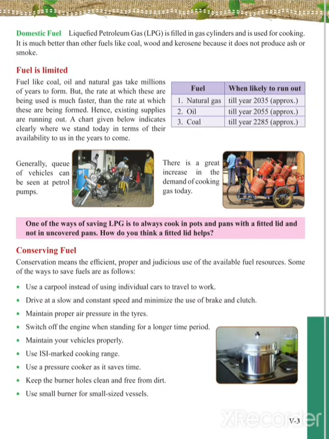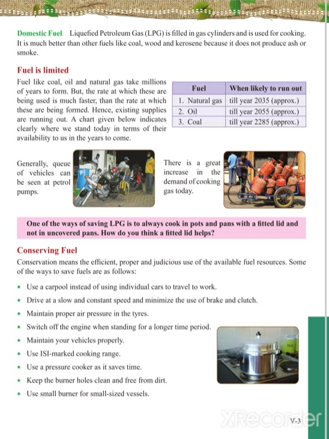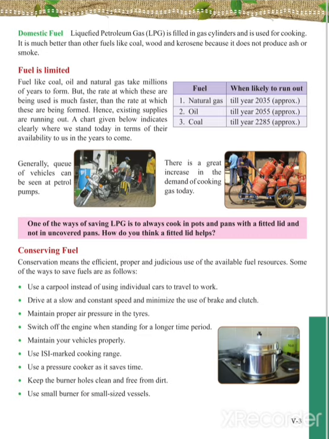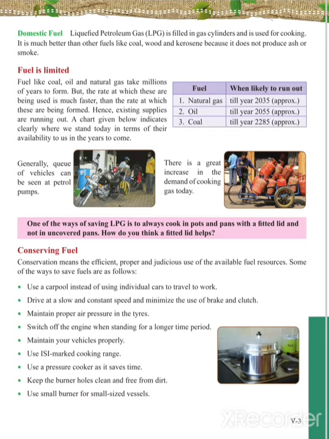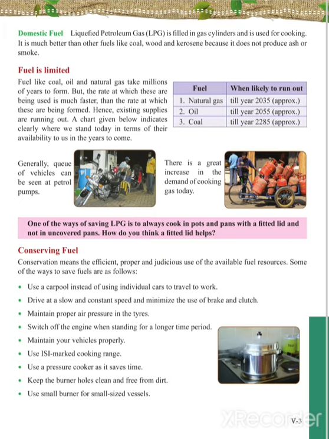Drive at slow and constant speed to minimize the use of fuel, and also try to use less brake and clutch while driving. Maintain the proper air pressure in the tires. Switch off the engine when you are not driving. Maintain your vehicle properly. These are the things to be taken care when we are driving. When we are using it for cooking, we need to use the ISI marked